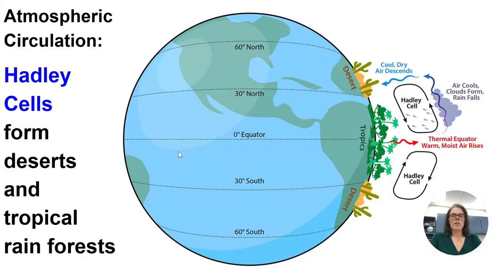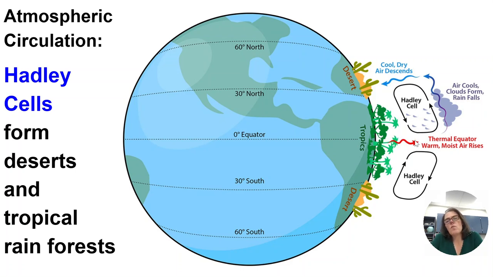So let me show you what this looks like in a better picture. Here's what it looks like. This is called a Hadley cell. So you notice we have the tropics, right? We have that warm air heated. It's wet because warm air can hold more water than cool air. We know that, right? Because in the summer, it's humid. In the winter, it's very dry. That's because warm air can hold more water vapor than cold air can.